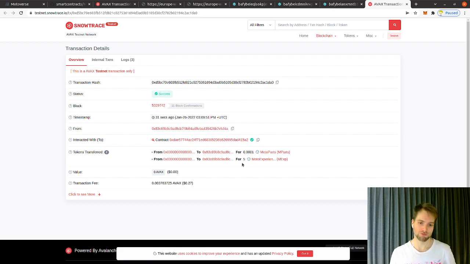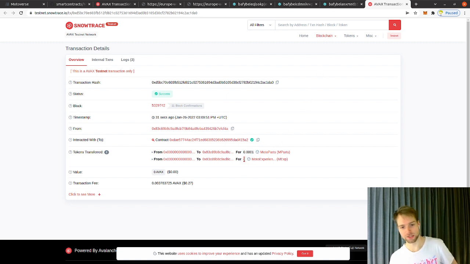So you can imagine, a thing we're going to do in the near future is have a Discord bot. It's going to show for each user how experienced in the Motoverse he is, or she is, or it is. And then you also get these M parts for upgrades and other stuff.